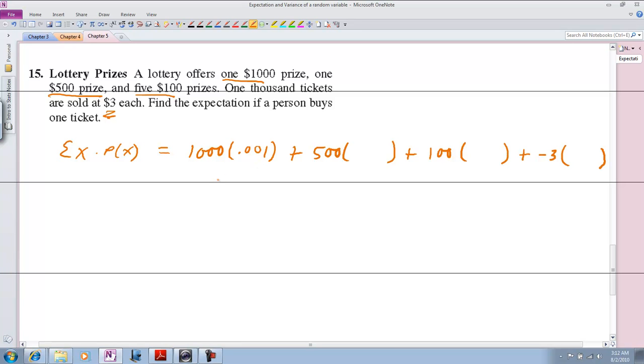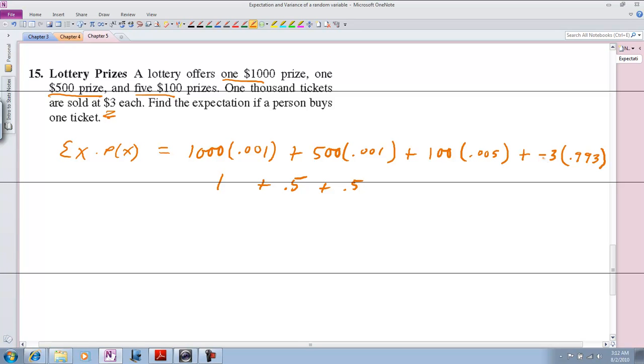And if you multiply those two, you get 1. Now, $500, you also have a 0.001 chance, and if you multiply those two, you get 0.5. 100, how many of those do they have? 5 $100 prizes, so your chances are 0.005. So your chance there is also 0.5. Or that product is also 0.5, I should say. And the other, let's see, how many have we used? 1, 2, 7. So the other 0.9